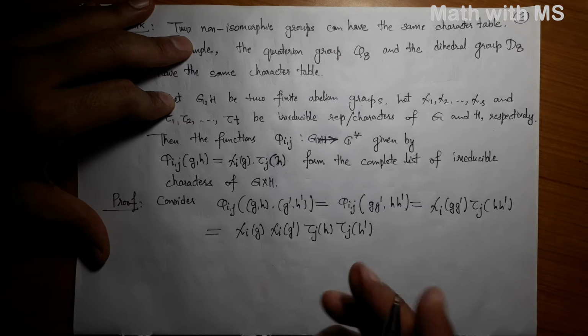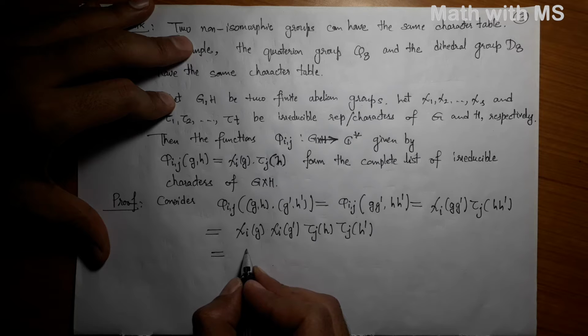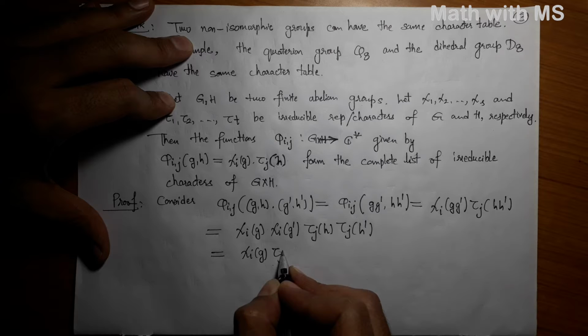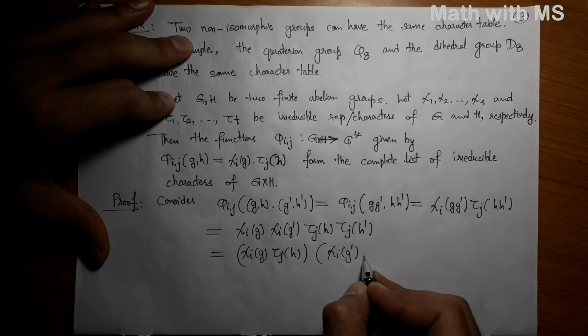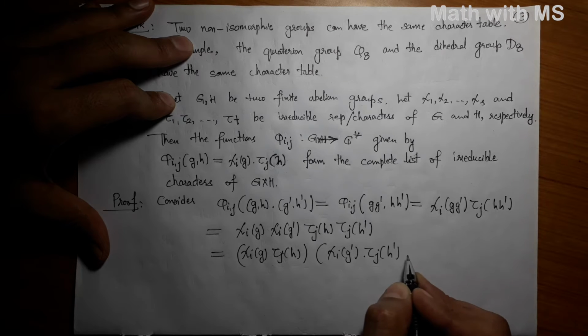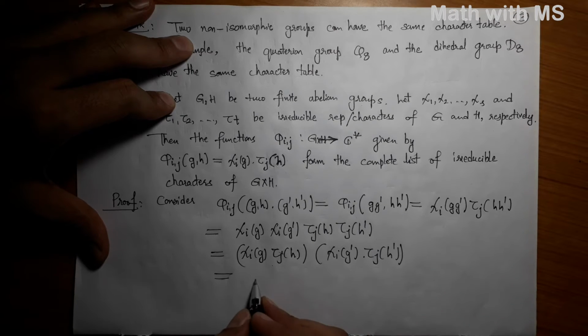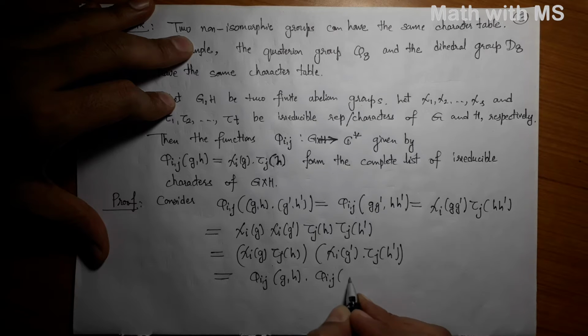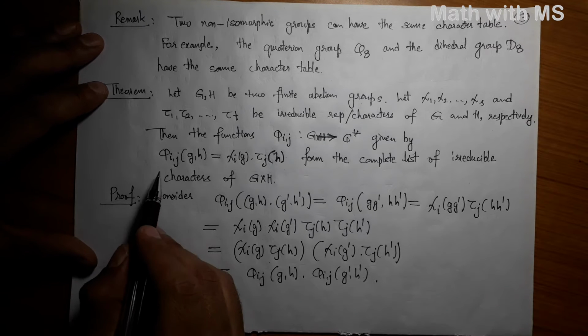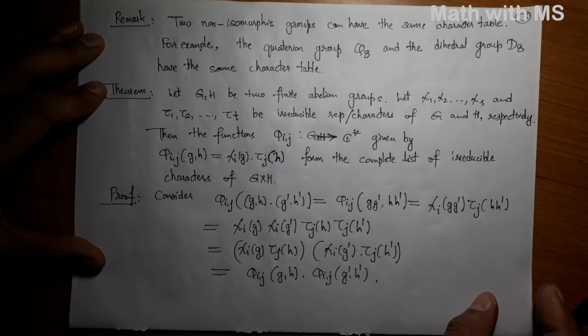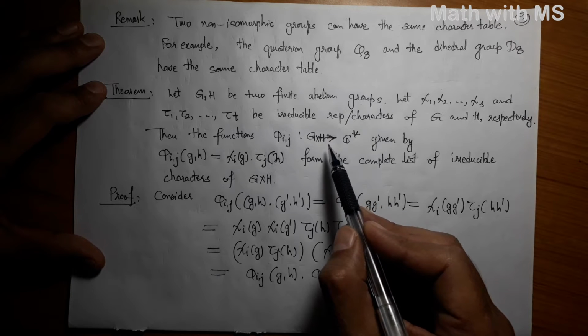Now you are in C star, which is abelian, so you can write it as chi i of g, tau j of h, times chi i of g', tau j of h'. But this by definition is phi ij of (g,h) times phi ij of (g',h'). So this shows that each of these phi ij is indeed a group homomorphism